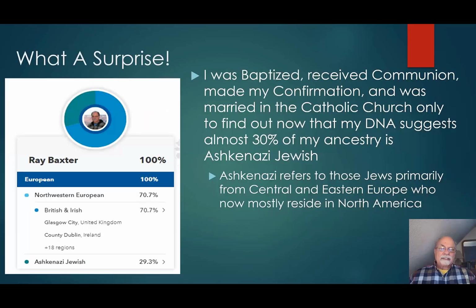Now, here's a surprise. I was baptized, received communion, made my confirmation, and was married in the Catholic Church, only to find out now that my DNA suggests almost 30% of my ancestry is Ashkenazi Jewish. The Ashkenazi Jewish refers to the Jews primarily from Central and Eastern Europe, who now mostly reside in North America. So this is what the chart will show, and it looks at your ancestry. And again, mine is about 100% Europe. Northwestern European, British, and Irish, which I